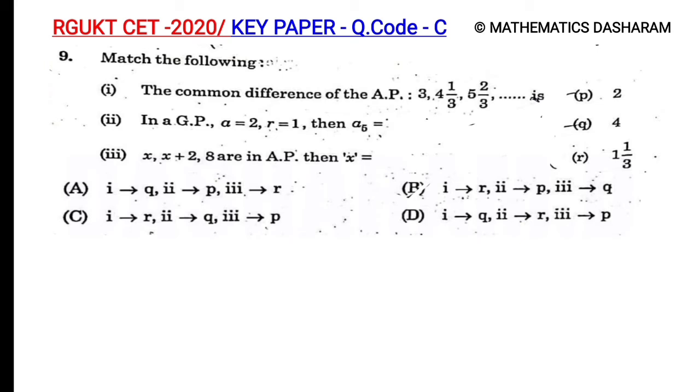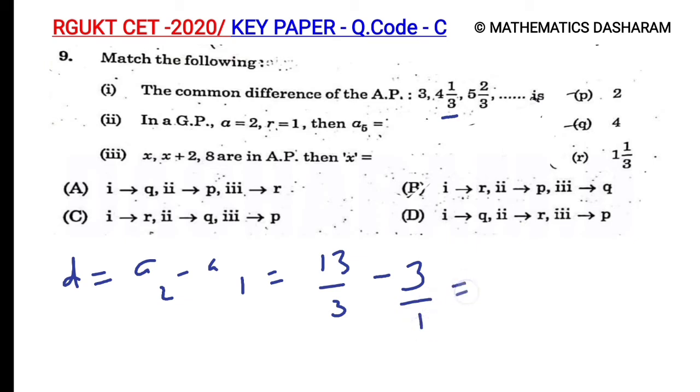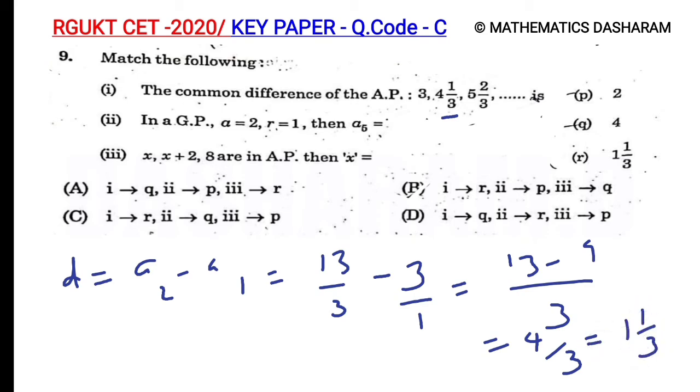Ninth question, match the following. First one, the common difference of the AP is. So the common difference formula is A2 minus A1. So here A2 is 4 whole 1 by 3. So 4 threes are 12 plus 1, 13 by 3, minus A1 which is 3. So 3 LCM, 13 minus 9. So it is equal to 4 by 3. So 4 by 3 in mixed fraction form is 1 whole 1 by 3. So first question